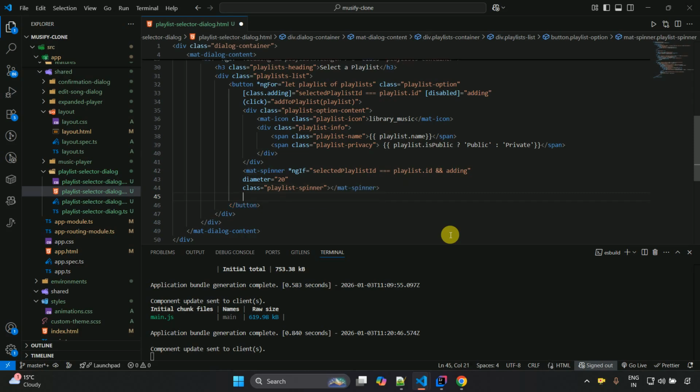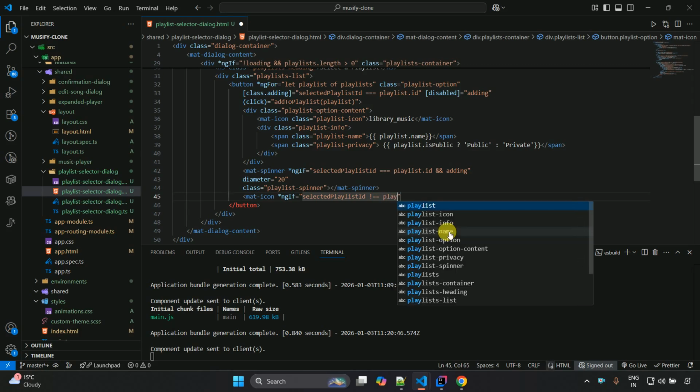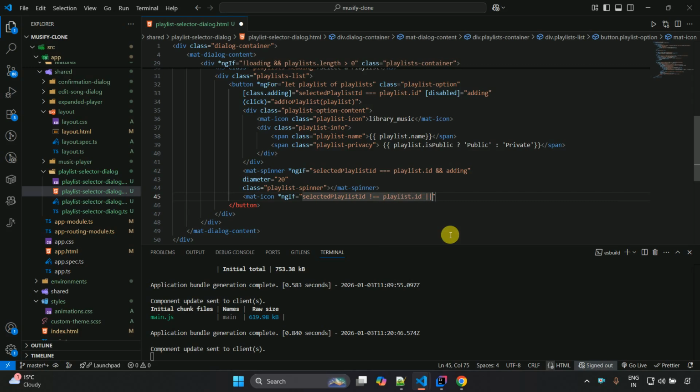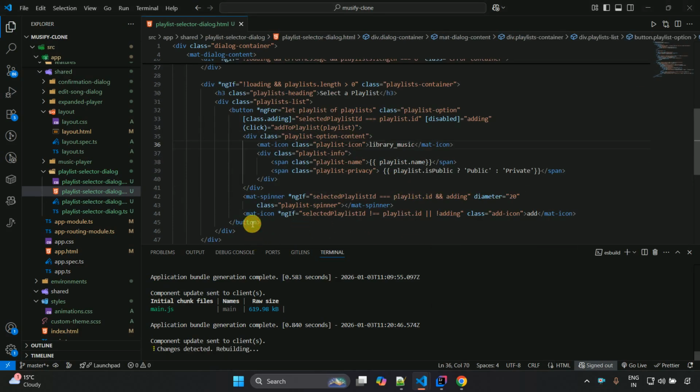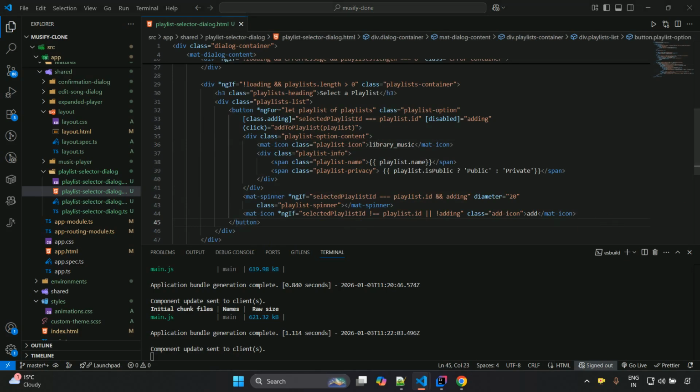After that here we have to show an icon, so mat-icon and *ngIf equals to selectedPlaylistId is not equal to playlist.id or not adding, and then we have to class add-icon and then add. So our button part logic is also completed. Now let me format this again, and now we have to write the logic outside of this particular button, and we are still inside this particular div which is playlist-list and outside of this particular button, and